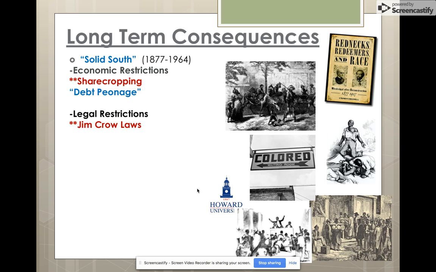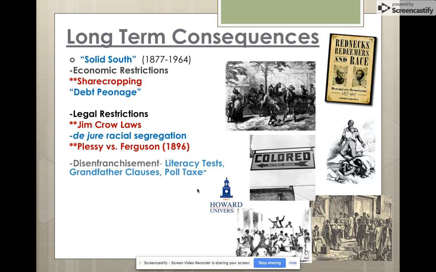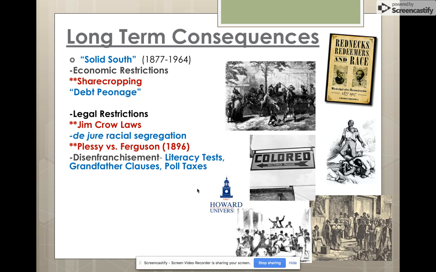Legally, you see the process of Jim Crow laws being put into place across the South, and this idea of de jure racial segregation, which is legal segregation, put into place, and you'll have separate facilities. That's even backed up by Supreme Court cases like Plessy versus Ferguson, which say that separate but equal facilities are legal and okay. And as a result, across the South, you're going to see disenfranchisement, literacy tests, where if you couldn't read and pass a basic test about the Constitution, you couldn't vote. Grandfather clauses put in place where if your grandfather didn't vote, basically before the Civil War, that you thereby couldn't